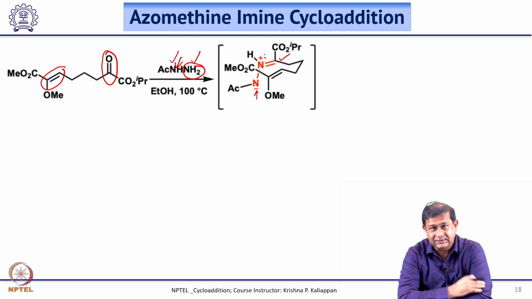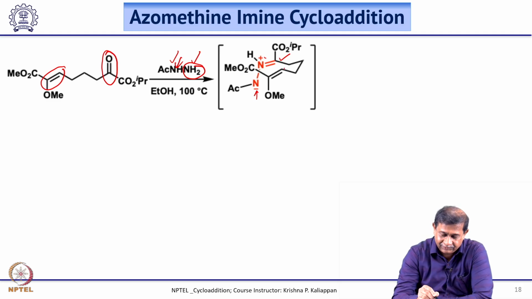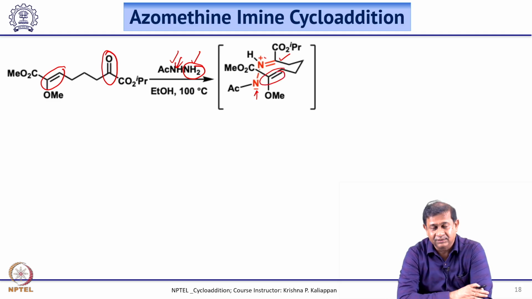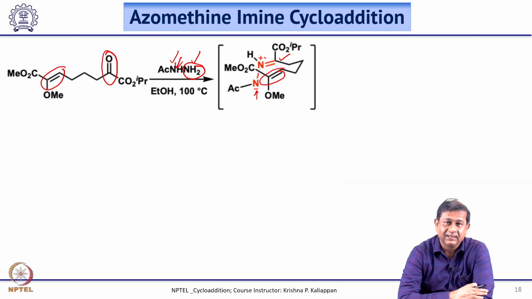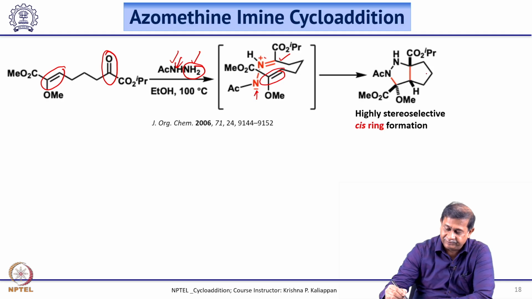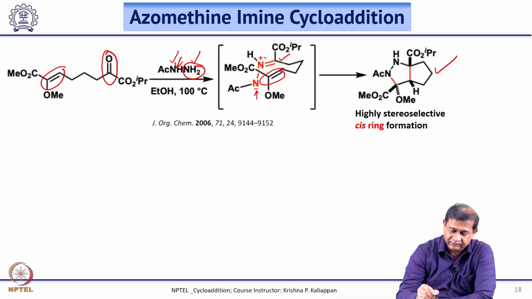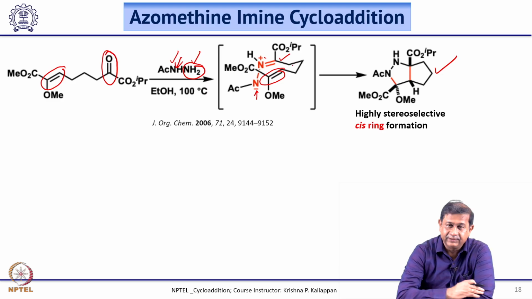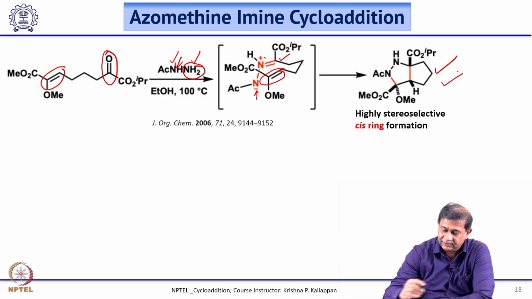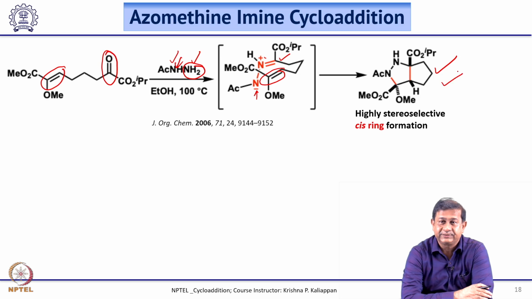Once it forms this azomethine imine, you have the double bond, which is part of the substrate. Then it can undergo an intramolecular 1,3-dipolar cycloaddition to form this compound. The way I have drawn the 6-membered ring, in a chair-like transition state, you can easily see how stereoselective